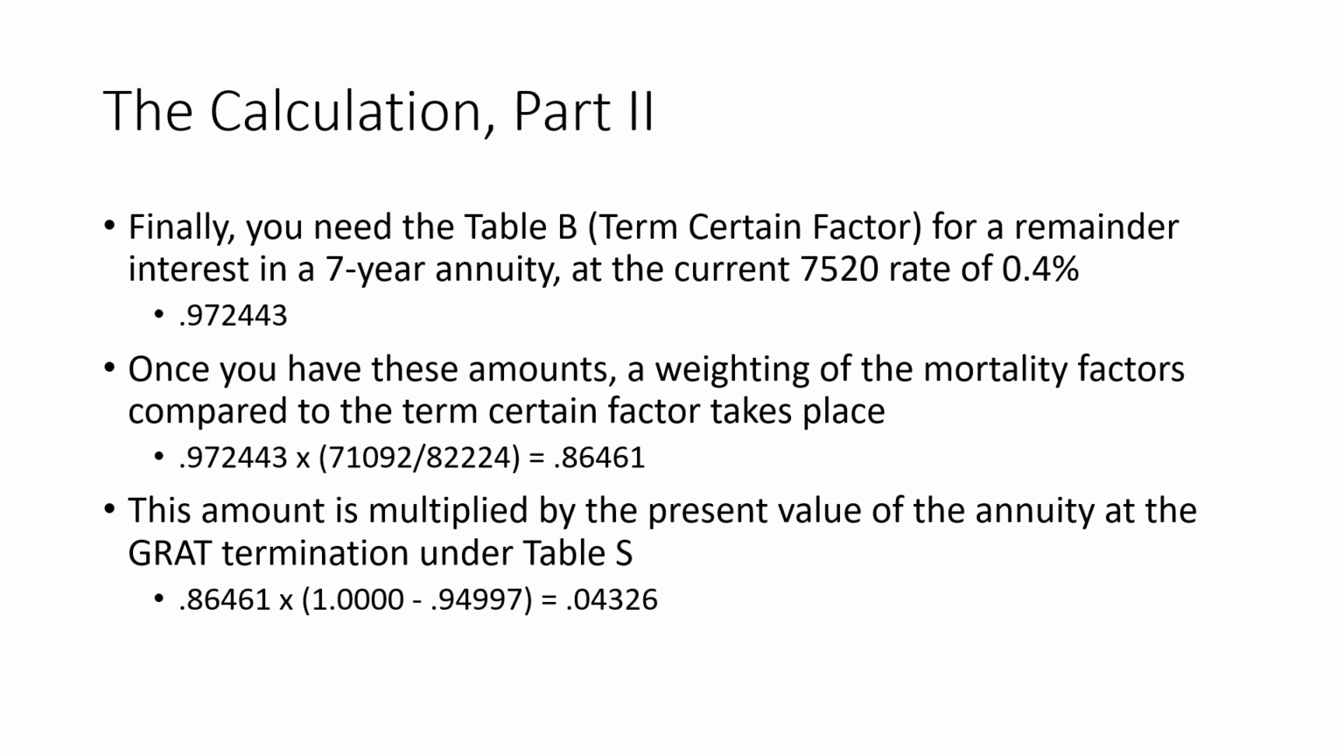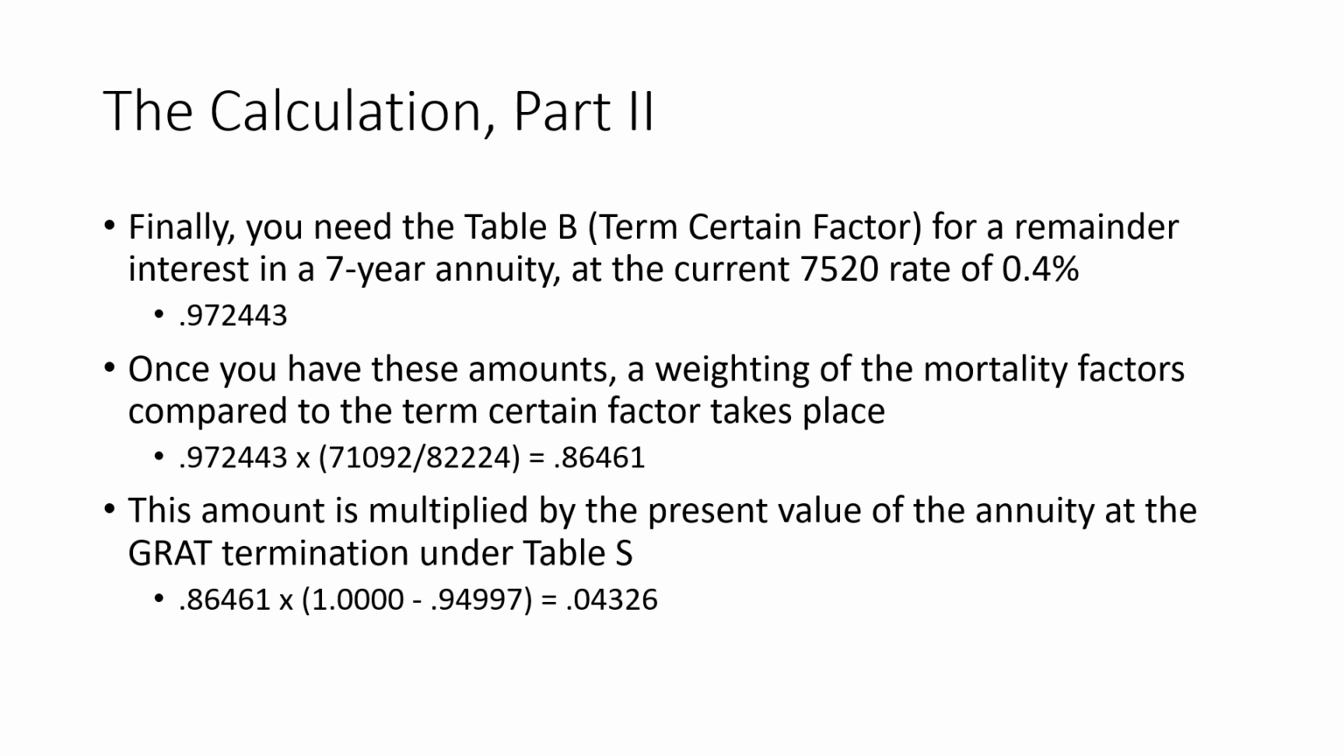Since this is mixing the two worlds of both a term certain and, if less, a life type of calculation, we have to first take a weighting of the mortality factors, the mortality probabilities, compared to the term certain factor. So we take those Table 2000 CM amounts, we divide the older one by the younger one, and then multiply that by the Table B factor we saw in the current slide, based on a 7-year trust term, and that gives us this number,